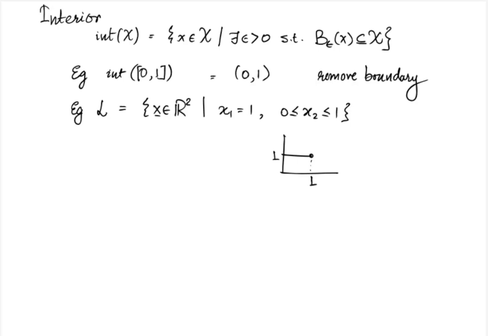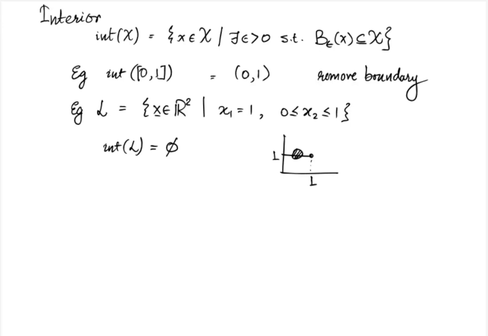So if we try to draw an open epsilon ball around any point in this set, you can imagine that the ball will always lie outside the set along the x1 dimension, no matter how small epsilon is. Because you cannot fit any open ball inside L, by this definition its interior is the empty set. You can think of more examples, for instance the semi-norm ball. A more useful definition in convex analysis is one which ignores those dimensions where the set is squished to a point and only considers the dimensions where the set has more than a single point.